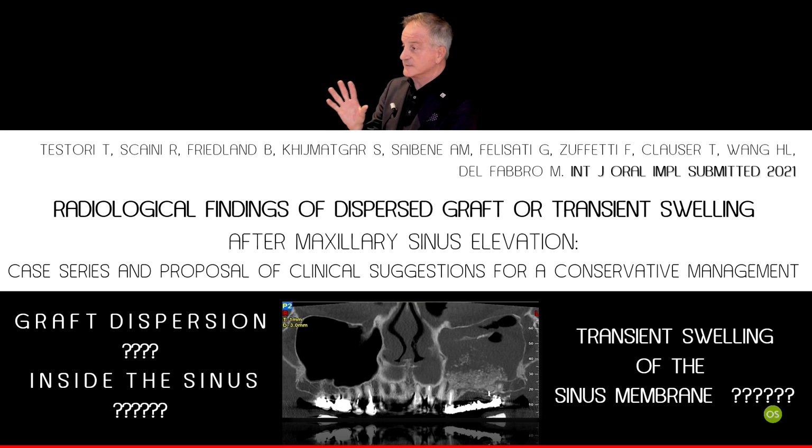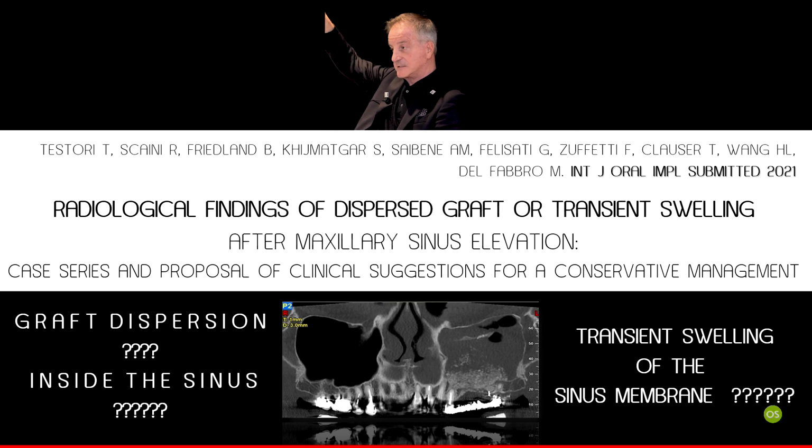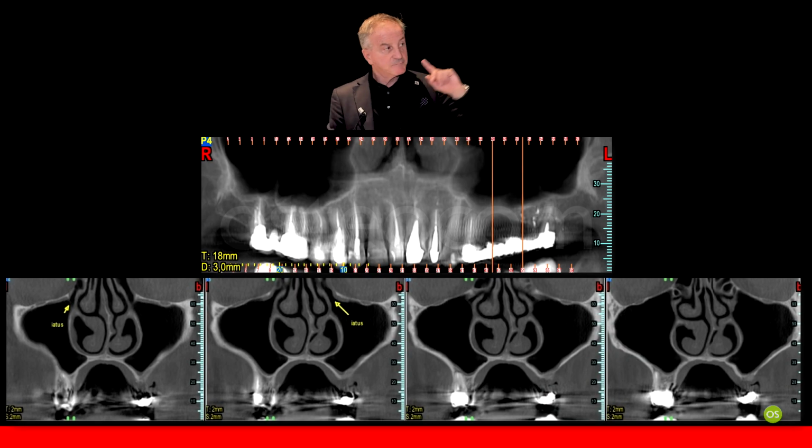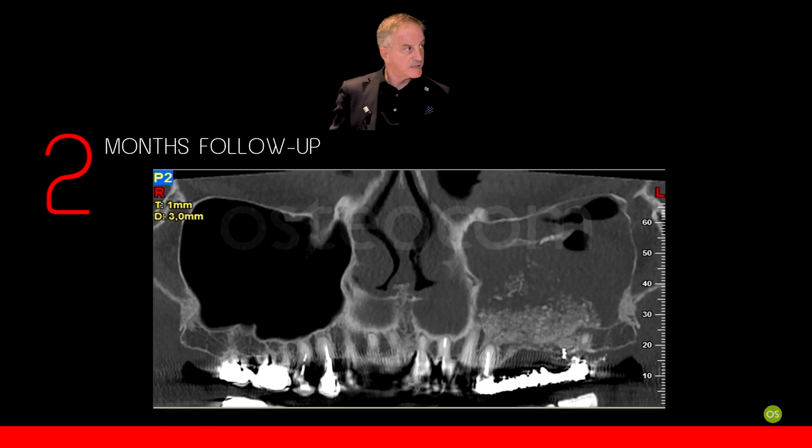To have a disease, you should have symptoms, signs, radiological signs, blood test signs. So, to have a disease, you should have all these factors that allow you to make a diagnosis. It's important to understand that the patient is not a CBCT. So if you see this situation, but you know that you started from a healthy sinus,